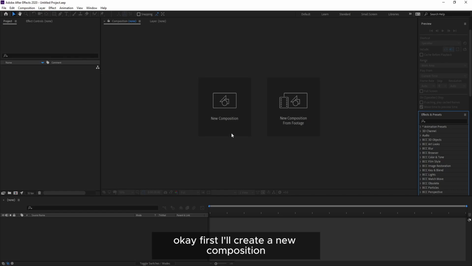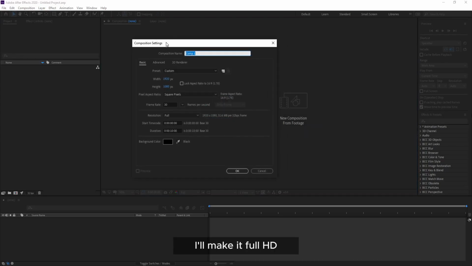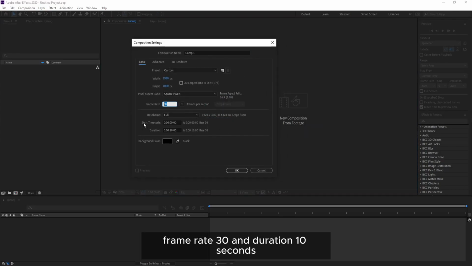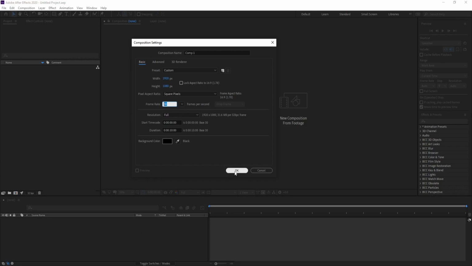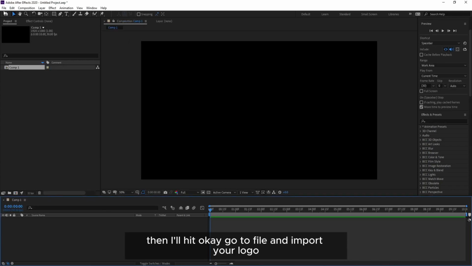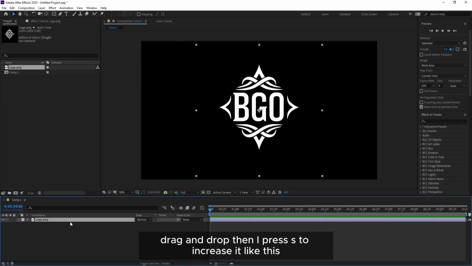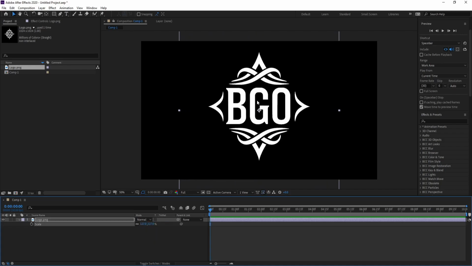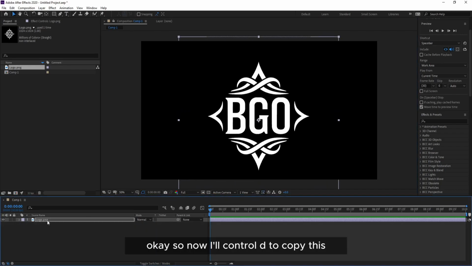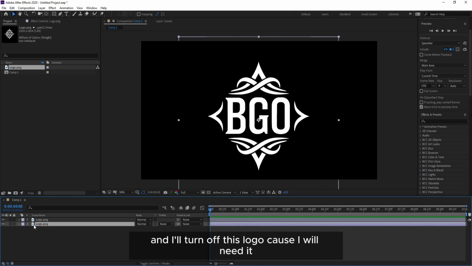Okay, first I'll create a new composition. I'll make it full HD, frame rate 30 and duration 10 seconds. Then I'll hit OK, go to File and import your logo, drag and drop. Then I'll press S to increase it like this. Okay, so now I'll Control D to copy this and I'll turn off this logo because I will need it,